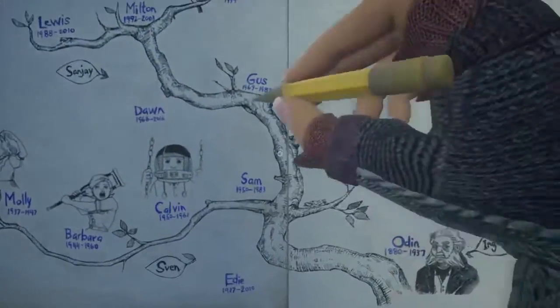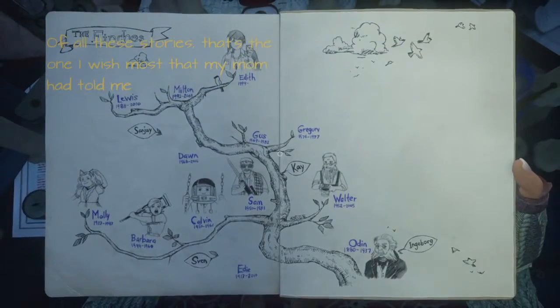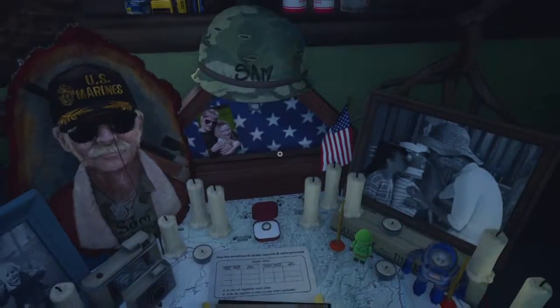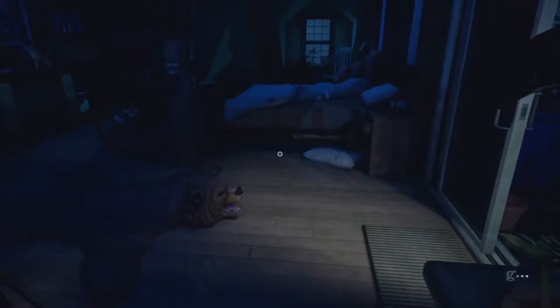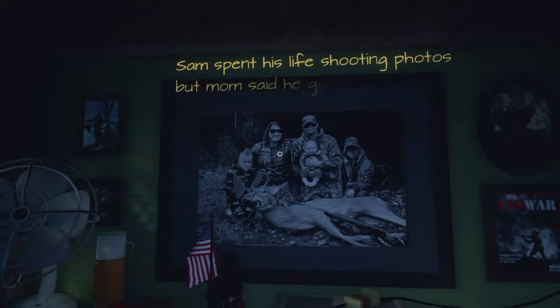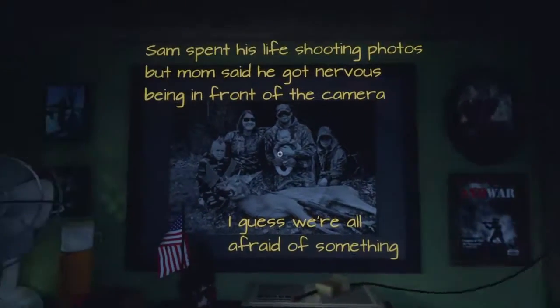God damn it. Of all these stories, that's the one I wish most that my mom had told me. I don't like it, it's cruel. Shooting poor deer. I mean, that poor bear, that could have been left living his life in the woods. Sam spent his life shooting photos, but Mom said he got nervous being in front of the camera. But I guess we're all just afraid of something. Evil barstool. Instead of...